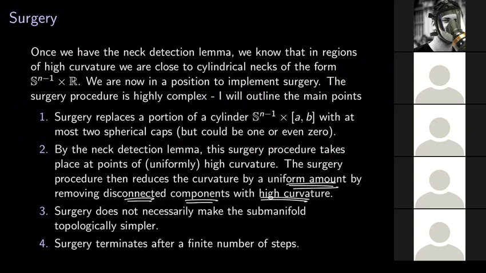Okay, can I ask something? On this last slide, you say you replace it by at most 2 spherical caps, could be 1 or even 0. In the 0 case, that doesn't seem to make sense to me. If you have Brian White's, here you would have like a very strange two bowl solitons coming together, and that simply collapses within finite time. So that's what it means to have 0. I mean, that's a very special case, and generically won't happen.